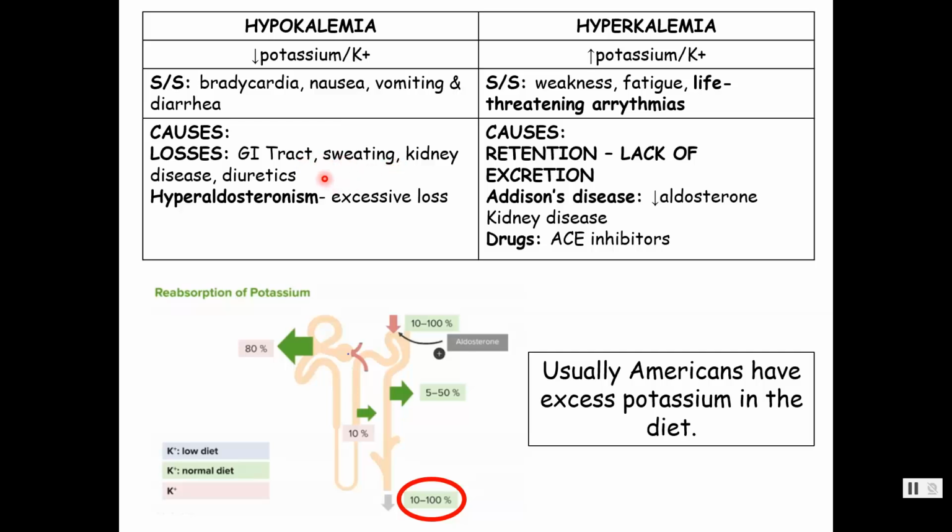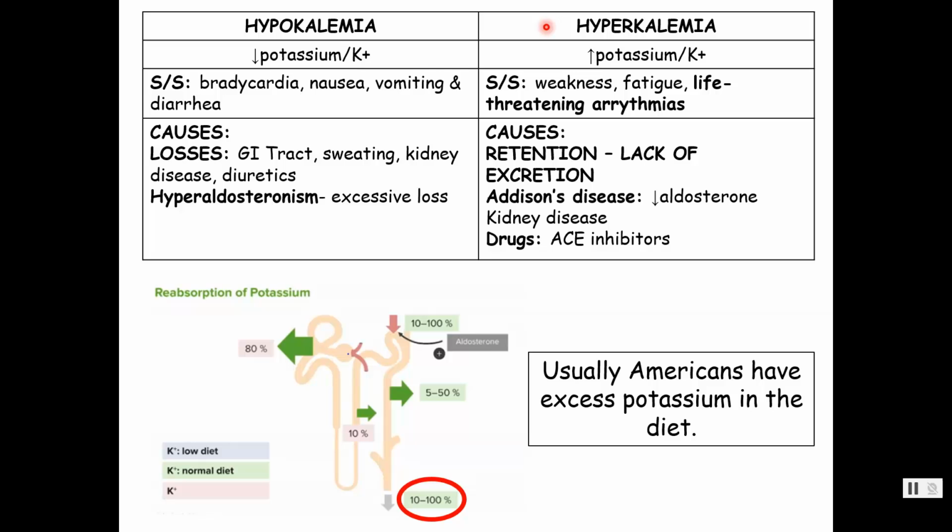You're kind of seeing that this all sounds the same, doesn't it? You can also get there if someone is secreting too much aldosterone, then they are going to be excreting too much potassium, so excessive loss. Once again, it's an electrolyte imbalance, so we are going to see neuromuscular dysfunctioning. In this case, we have bradycardia, which is a slow heartbeat. That smooth muscle is not going to be working right. So we're going to have some nausea, some vomiting, some diarrhea. And so that's hypokalemia, low potassium in the blood.